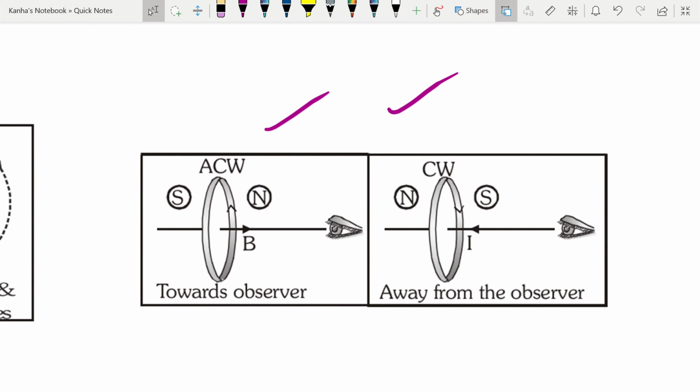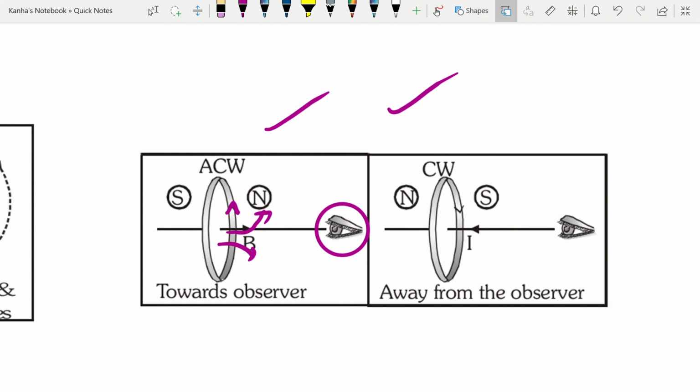So if this is the ring of current or the circular wire of current, and the current is going in this direction, you keep your thumb in the direction of the current, and then when you try to curl your fingers, you will see that the field lines are coming outside. Okay, so basically you are observing it from outside the paper. If this is your sheet of paper, then you are looking at it from above the sheet of paper. So when you're looking from above, the field lines will be as if they're coming out.